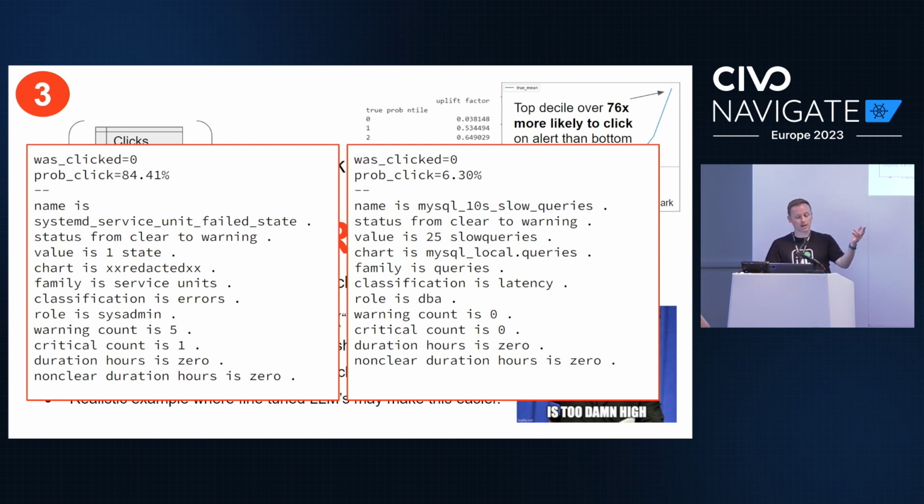So the name is blah, blah, blah. The state is from, state is to. The value is, the chart is. So this is like taking all the structured data and making it into a little paragraph for each alert. And then you can kind of just blindly dump this into a language model to fine tune,